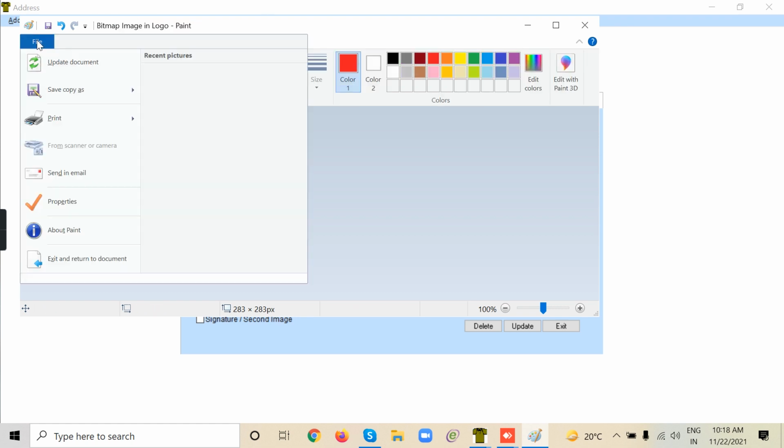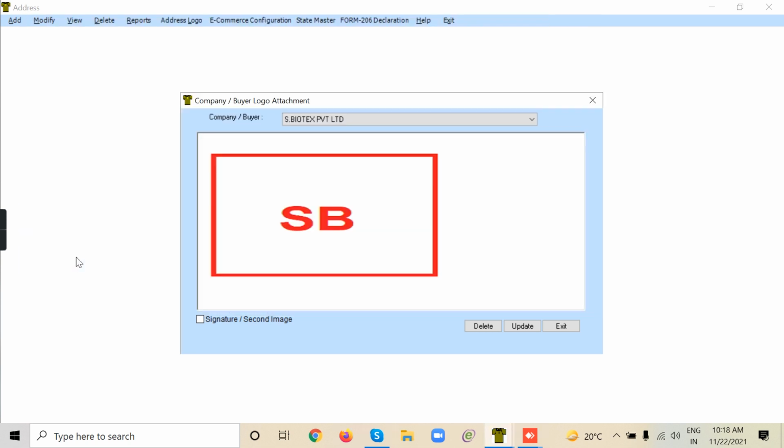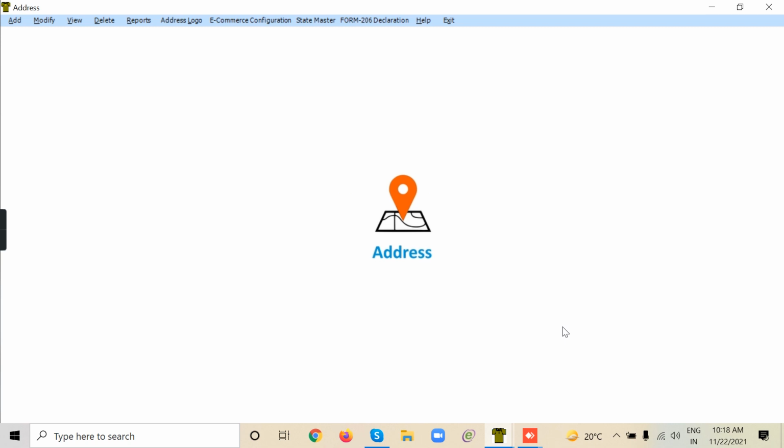Okay. File, update document, file. Just set it like this. Later on you can replace it with the icon.